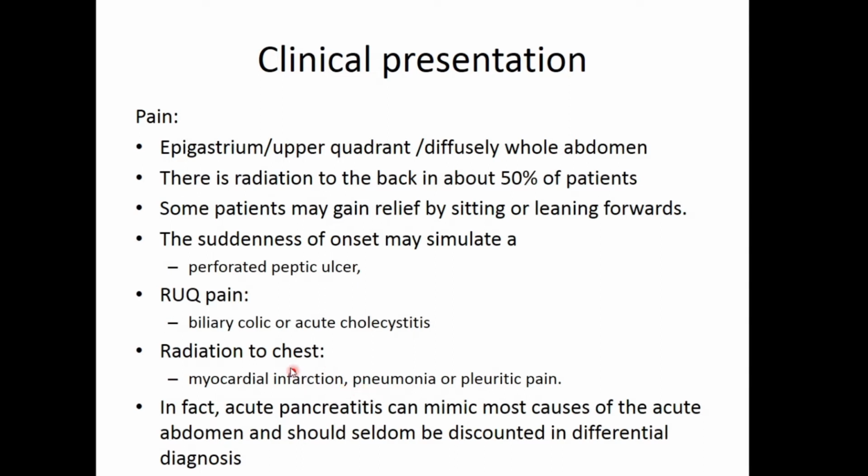And for the same reason, pain in the chest, common reasons are number one, myocardial infarction, which is quite dramatic, as acute pancreatitis is. Then you can also mistake that pain for a case of pneumonia or pleuritic pain. Okay, so in short, what we can say is acute pancreatitis can mimic most of the various causes of acute abdomen that we see and should seldom be discounted in differential diagnosis. That means many times, based on pain only, we cannot establish a diagnosis of acute pancreatitis, because many other conditions